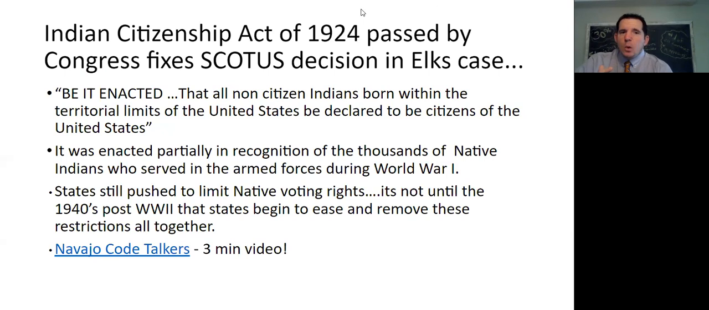This is the 1920s. So in a lot of states, just like African Americans and non-whites, this group was also still targeted even after this decision. And they're going to have to fight. States still tried to limit their voting rights and their political voice. However, by the 1940s, because of World War I and World War II, you had Native